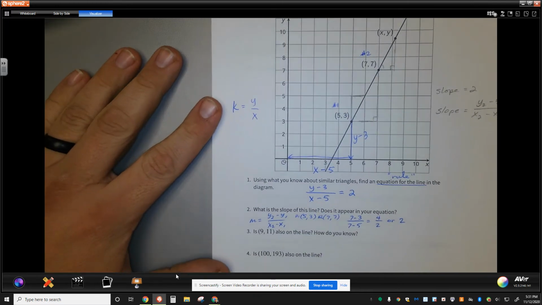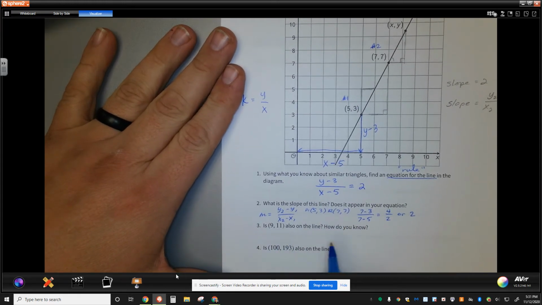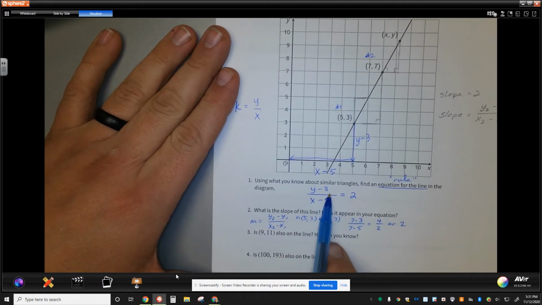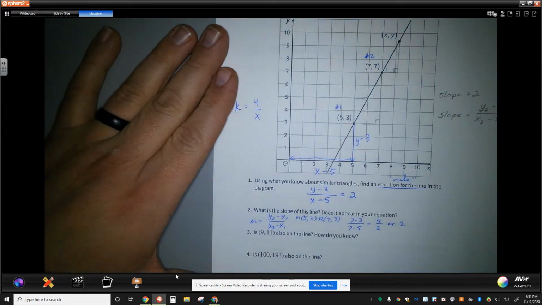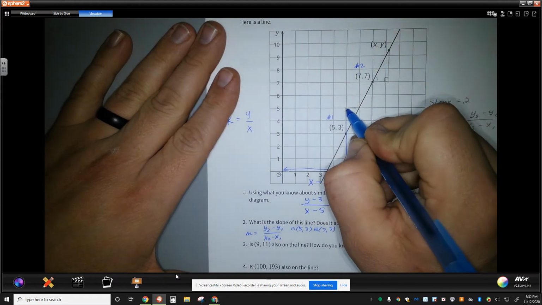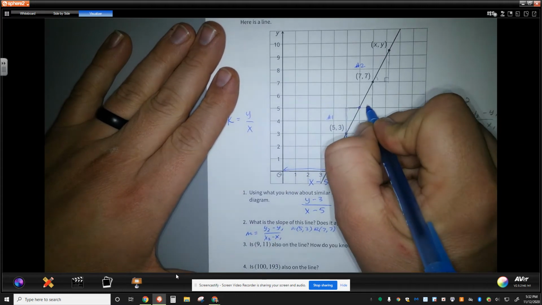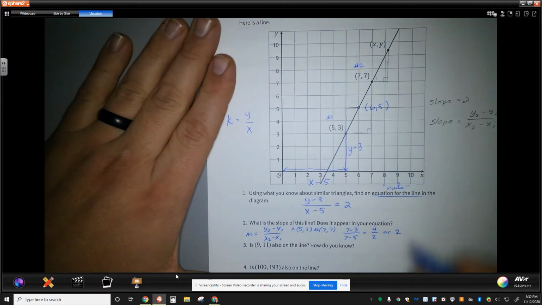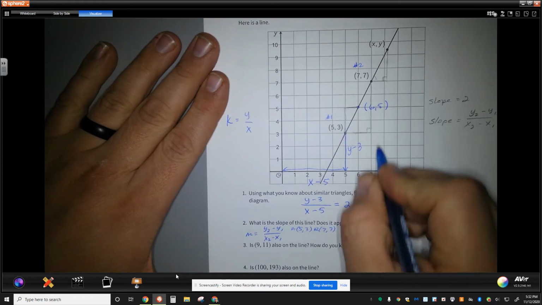This is sufficient enough. So now what we can do with our equation for that line is we can start testing other points to see if they fall on that line. I would recommend to always test this to make sure that it works for at least 2 points on your graph to make certain that you have the right equation. So knowing that our slope is 2, rise 2, run 1, I'm going to use a different point than the one that I went ahead and moved. And we're going to find this one is 6, 5. Let's go ahead and test that one just to make sure, and we'll use 7, 7 just to make sure our equation is right. So when we have 6, 5,